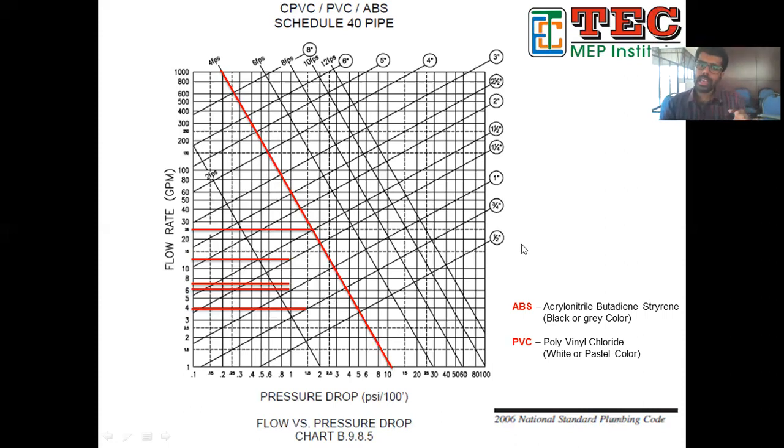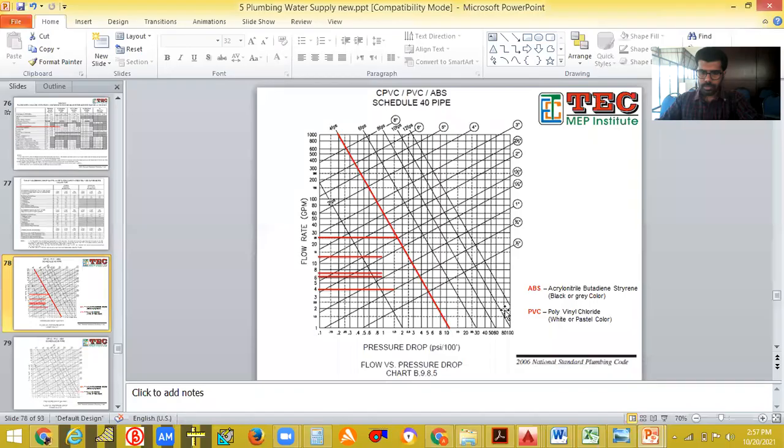I have an Excel sheet where I have tried to find the answer by just giving a GPM. Actually, if you are trying to get the answer by this graph, you can get it, but I have already set up an Excel sheet for 3.2 feet per second. If you just give that GPM, you'll be getting the pipe size in mm itself. I have converted this into mm also. So one second, I will show you that also. You don't want to just look at all these different graphs like that.